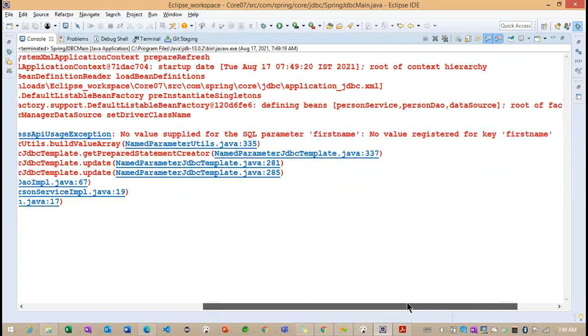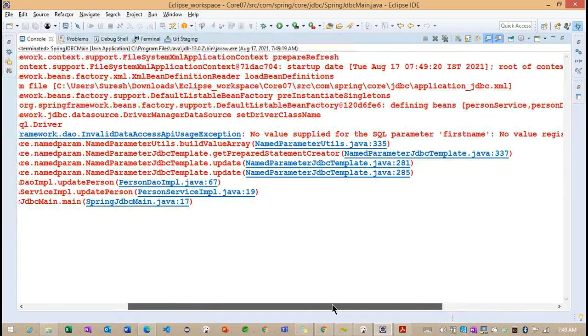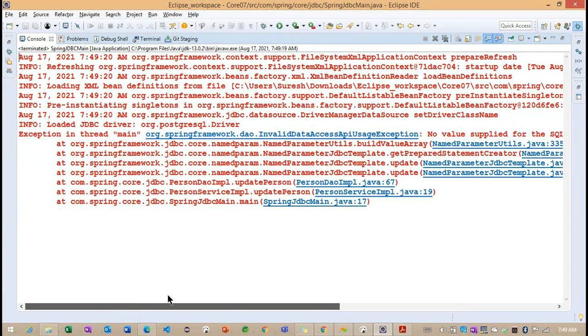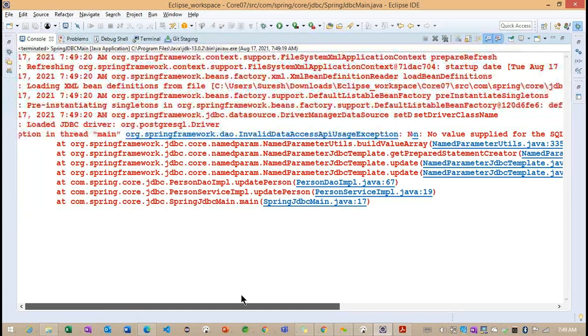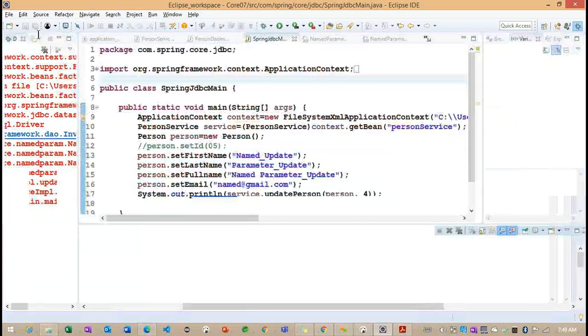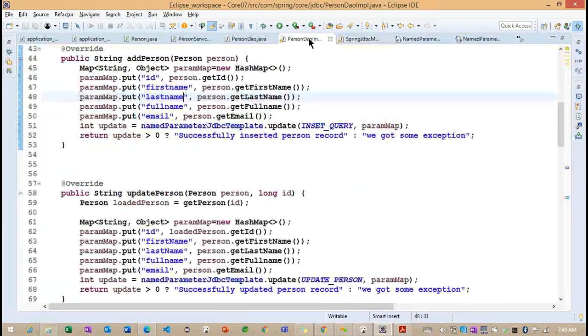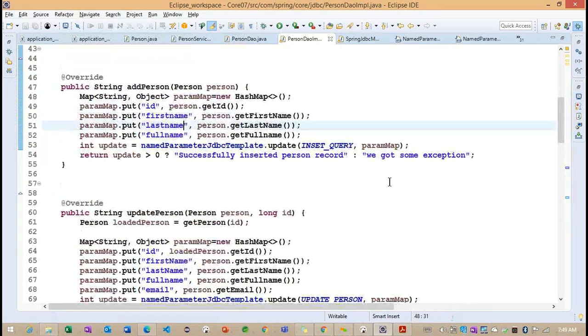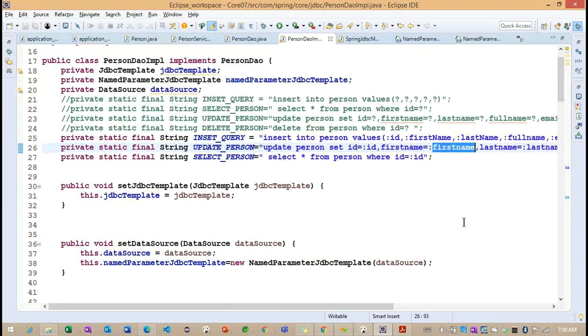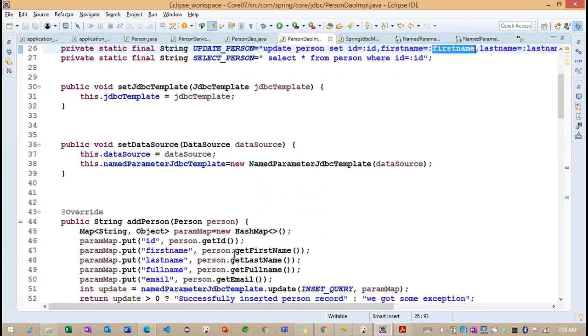First name: no value registered for the key first name. Okay. So we registered the same here, but it is not matching here. ID, first name, first name.